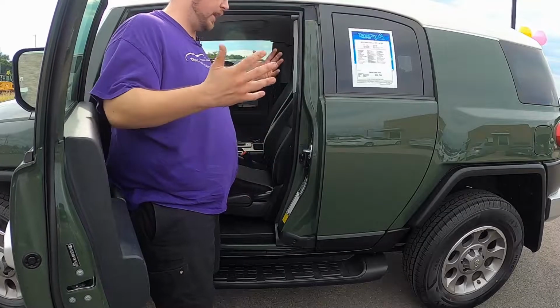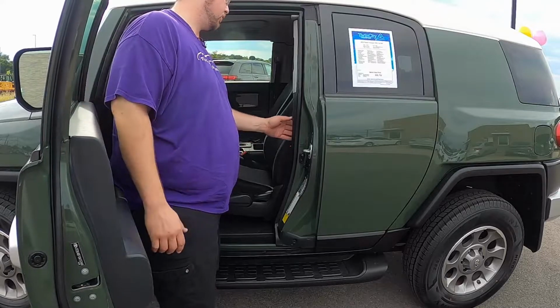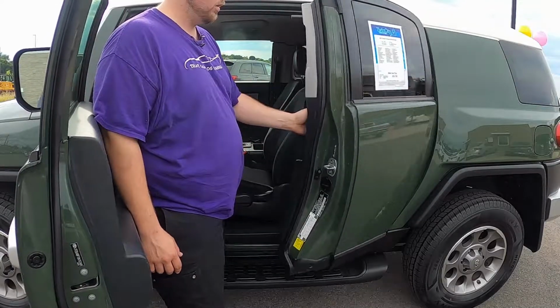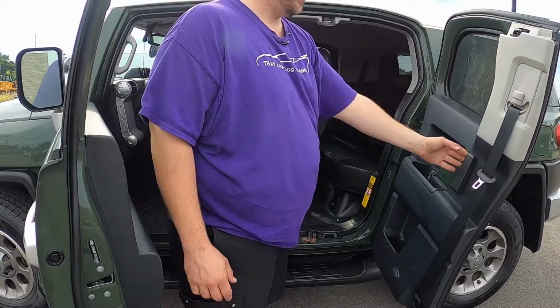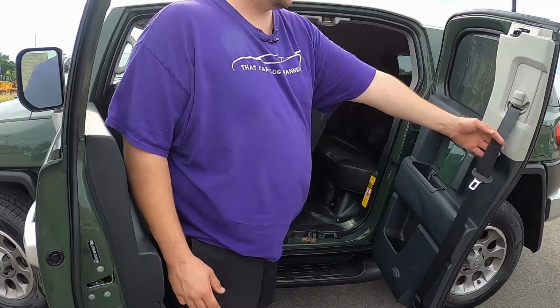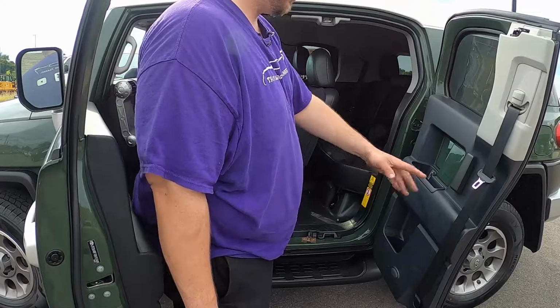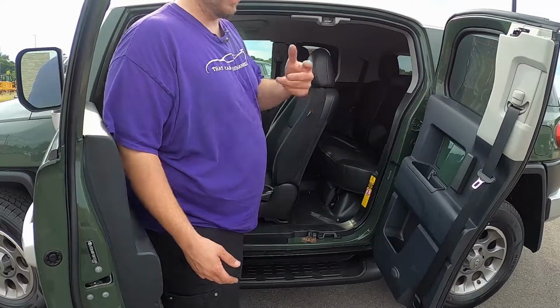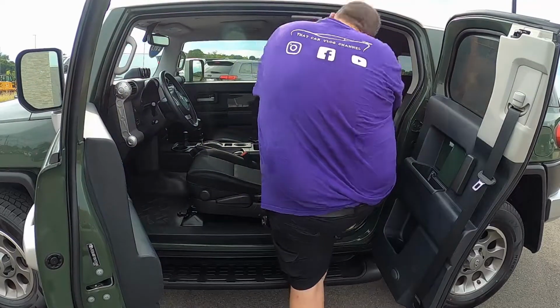Now, once again, in order to access the rear seat, you must first have the front door open, and then reach in here. There's a kind of a handle latch you pull, and it opens the door up. So here's that kind of big handle you pull. Now you see your front seat belts are attached to this door, so of course it has to be in place to buckle up. If you did want to let somebody in the rear, you are going to have to unbuckle. Now if I climb in here,